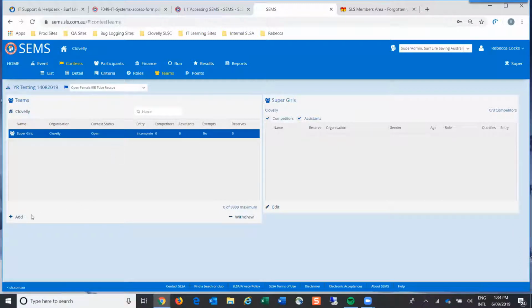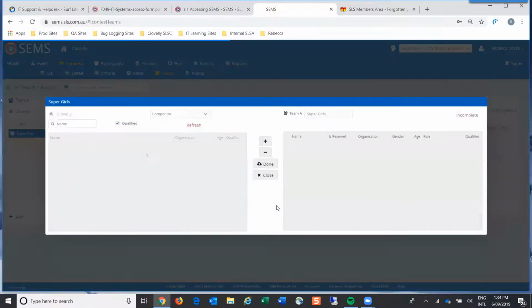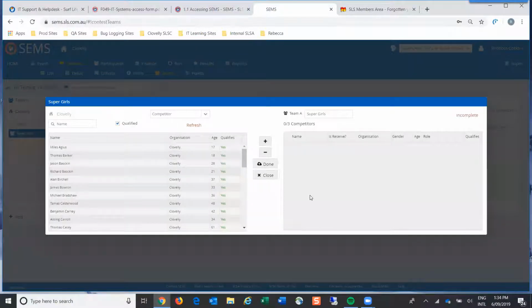So as long as I've highlighted it, I can then go edit. It's now searching for any competitors.